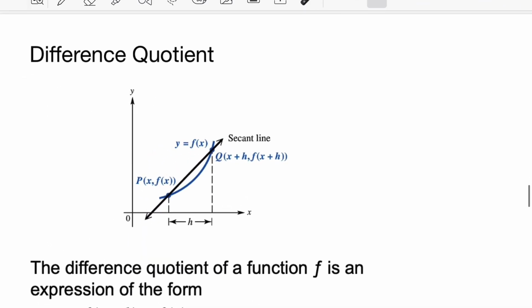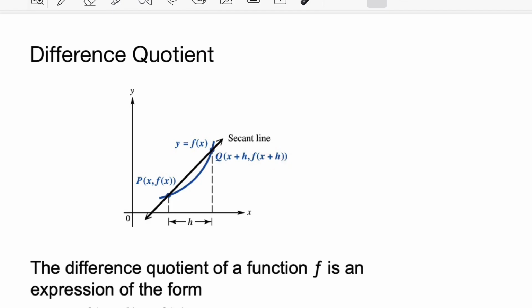So the difference quotient is the slope of our secant line, and the secant line is defined by the line that goes through a curve at 2 points. Okay, so if we have this curve here, y is equal to f of x, this black secant line is going through this curve at exactly 2 points, P here and Q here. And if this point P is evaluated at x, and this is our output, f of x, then this distance to this new point Q, if this is given as h here, is going to be this x value will now be x plus h, whatever that h distance is, and our output will be f of